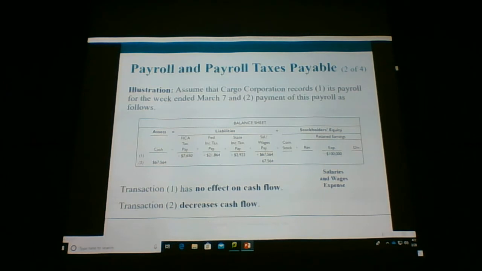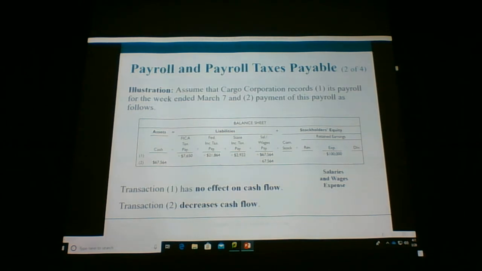So we have a lot going on here, but sadly this is not all that's going on. Looks like the employees earned $100,000. They had state income tax withholdings of $2,922, federal income tax withholdings of $21,864, and FICA, that's your Social Security and Medicare taxes, totaling $7,650. Okay,